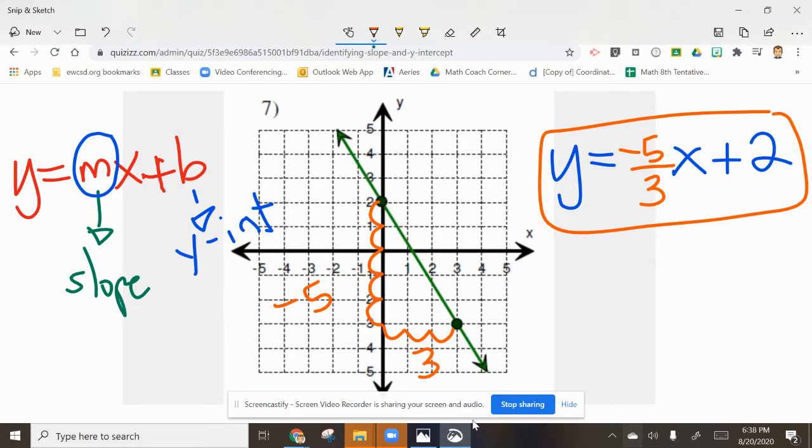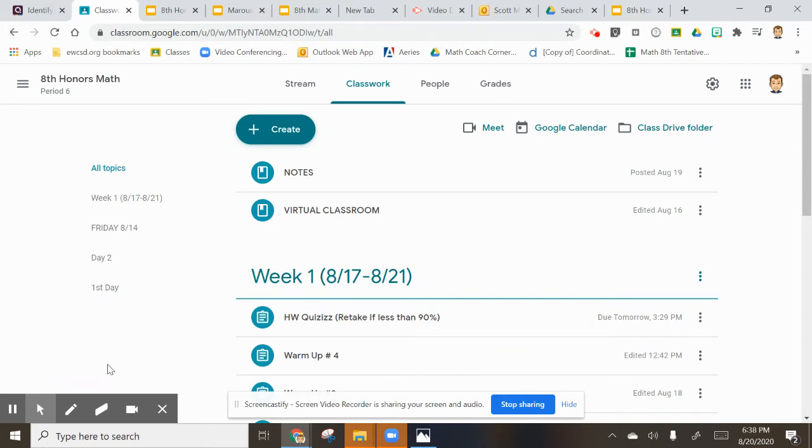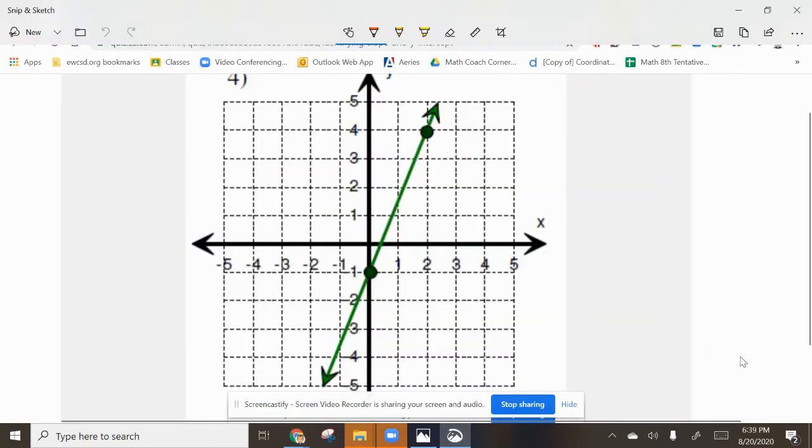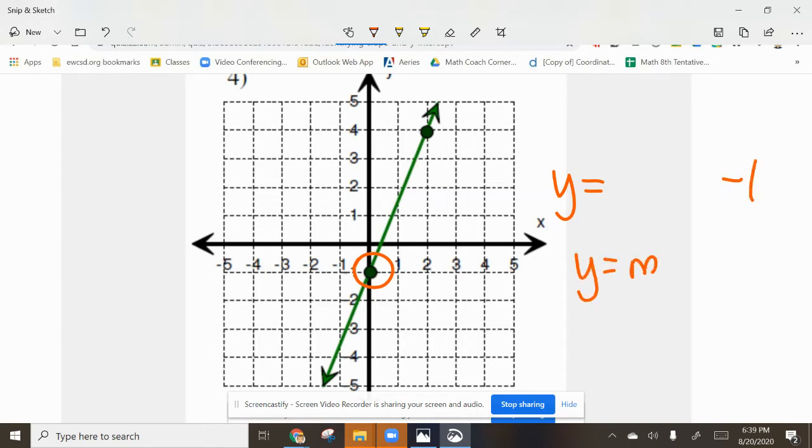All right, let's do another one. All right, go for this one. I want the whole equation written out. All right, what is the equation of this line? So hopefully you've identified the slope and the y-intercept. The y-intercept is right here at negative 1. Y-intercept goes at the end of mine. Remember, it looks like this